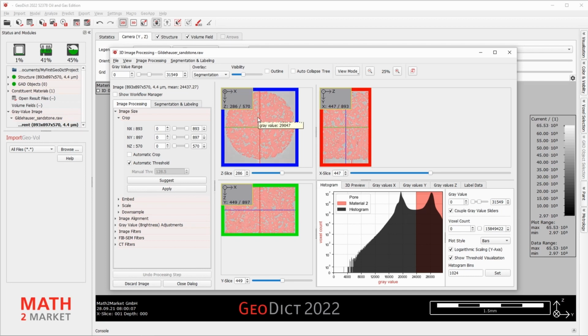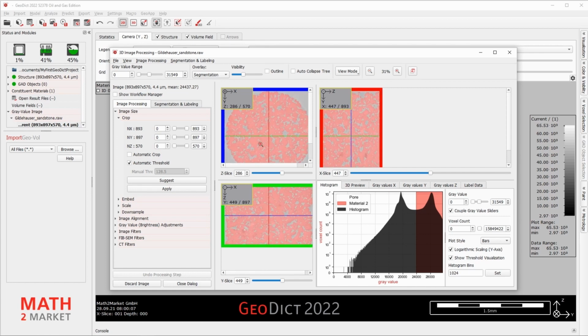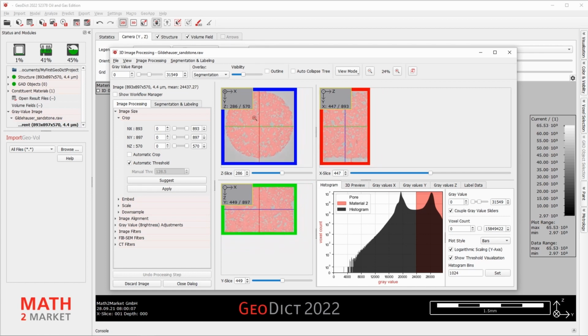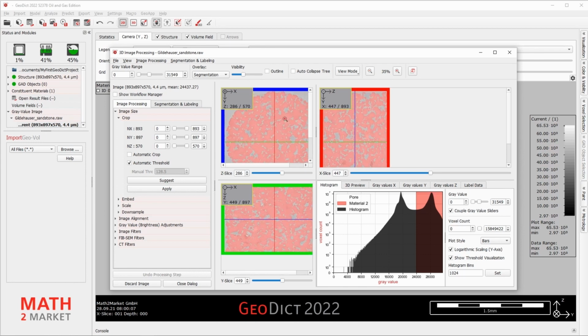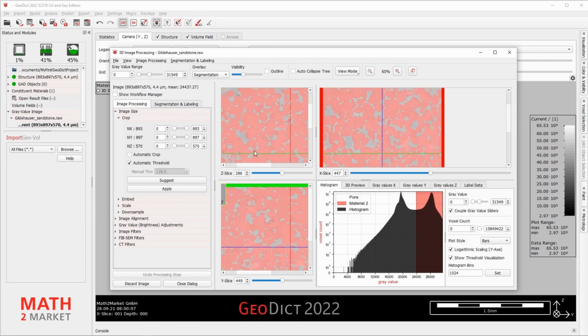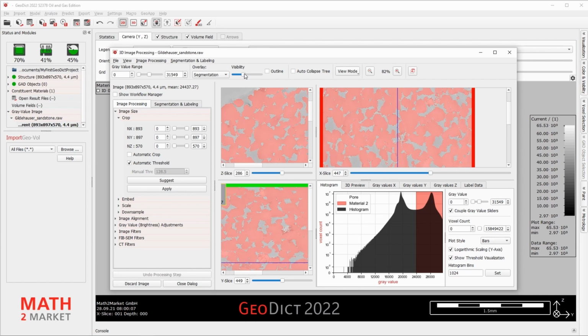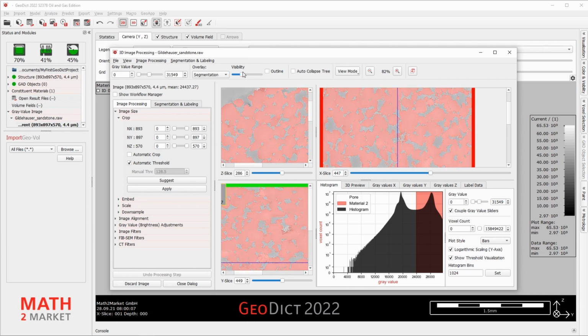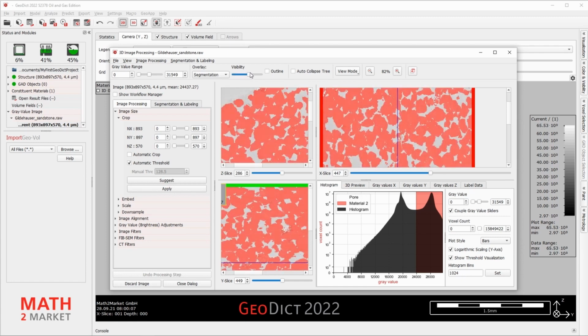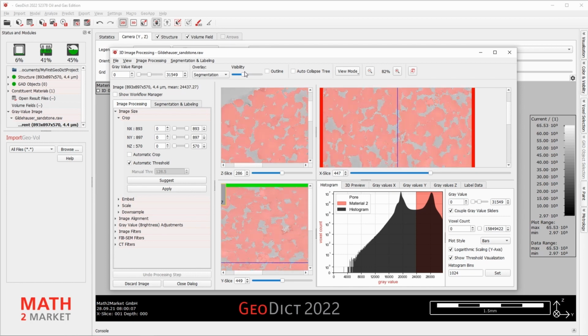By clicking and holding the right mouse button, you can zoom and zoom out. And as you can see, the suggested segmentation is not as good as it could be. So what we want to do now is to create an AI segmentation.